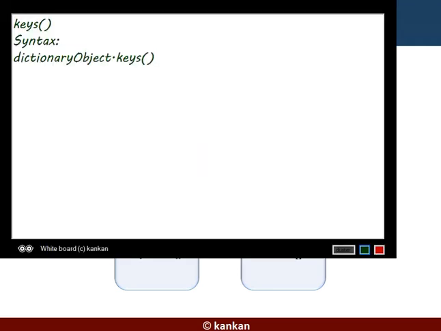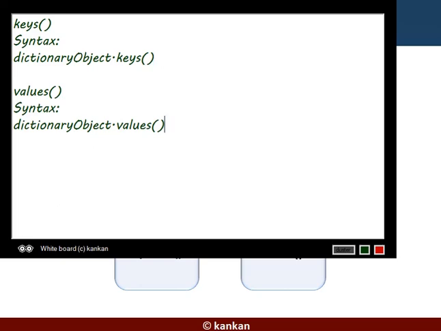Okay, so what is the syntax of using it? The syntax is this. This is the dictionary object, and through this you just need to access the values method.